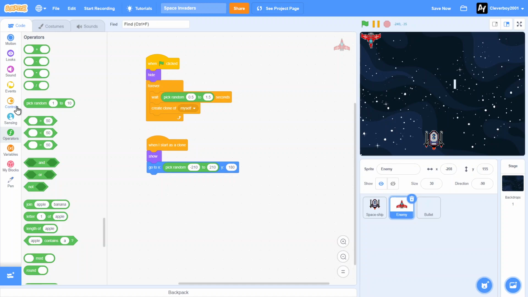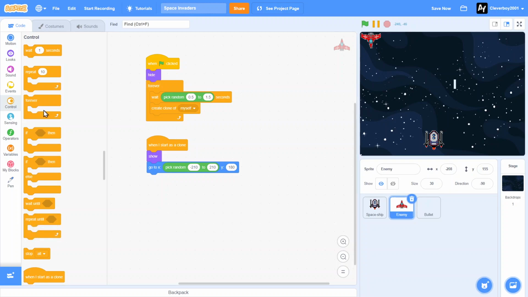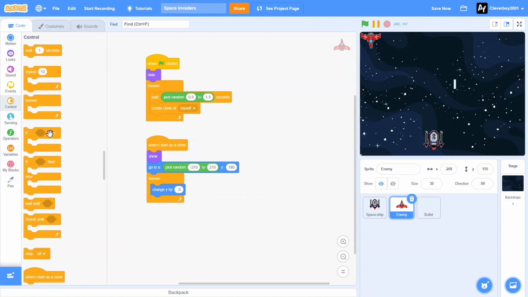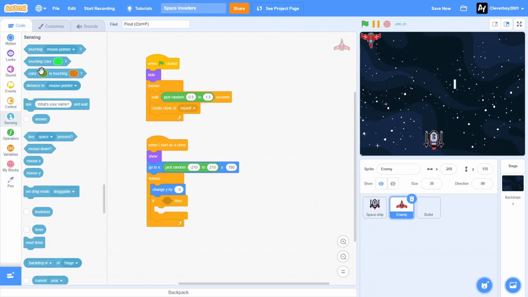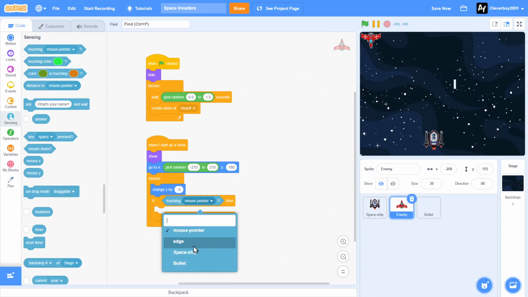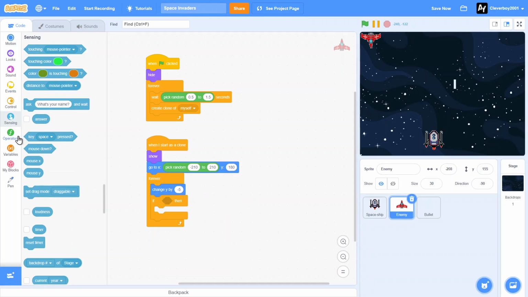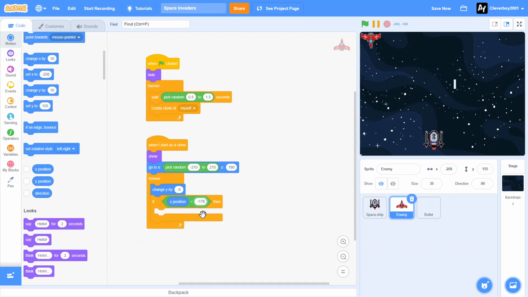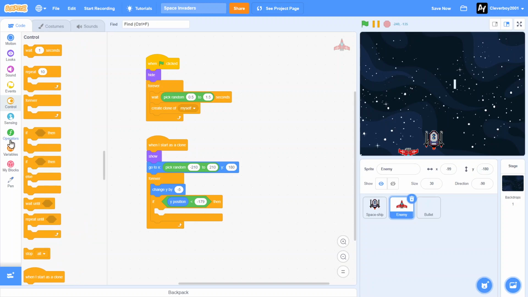Okay, after this we will forever, pretty sure I'm doing everything right, change Y by negative 5, and if touching the edge, wait, no, it's not edge, if the Y is less than negative 179, right at the bottom, yeah, right there, we will then of course delete the clone,